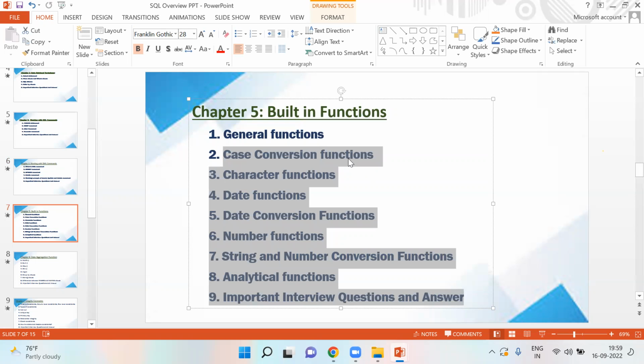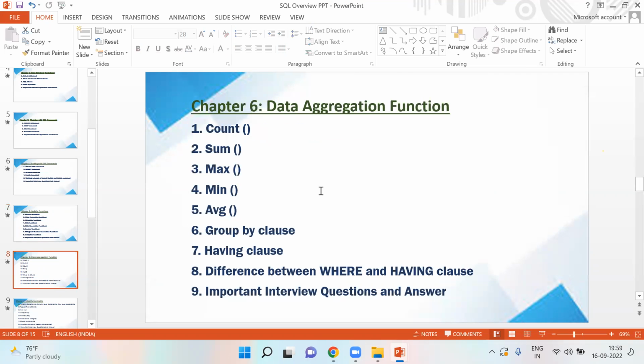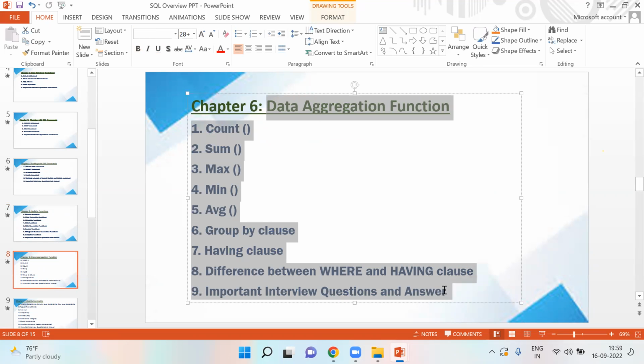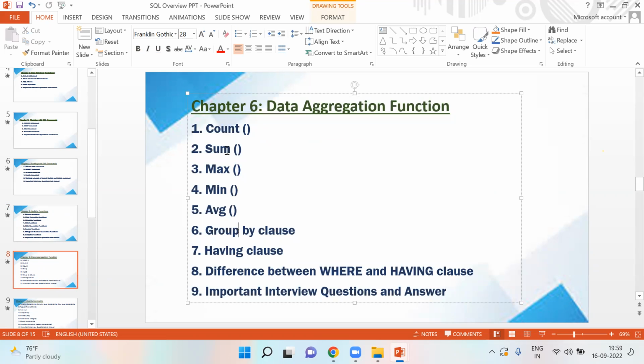as well as if you will be working in real time, in a project, that time also it will be very important. Okay, so this is how it is. So data aggregation, again, it's important project-wise, as well as group by and having. You have to use them in subqueries, or in scenario-based questions which are asked by the interviewer. Okay.